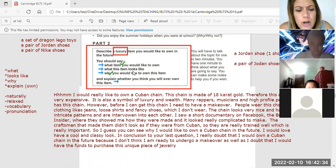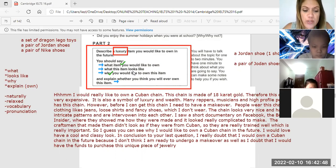Okay, but no, you can't say I will own this shoe because it's beautiful. You have to explain why you will own this shoe. I will have enough money in 5 years' time to buy these shoes because I will